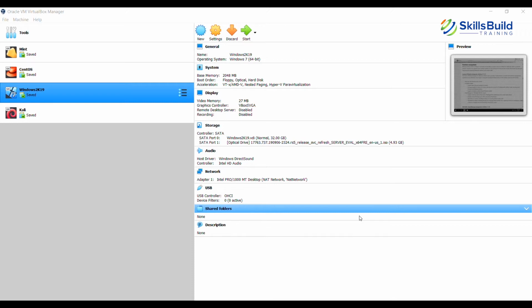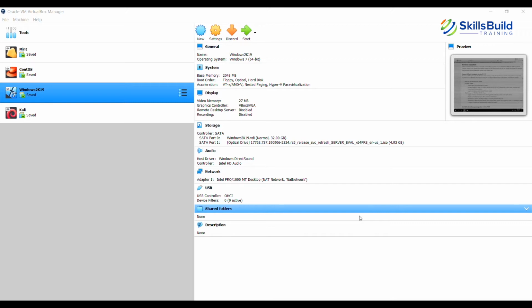Then the next version was Windows Server 2008, launched on February 27th, 2008. Then came Windows Server 2008 Release 2, or R2, released on October 22nd, 2009. From there onwards, it was Windows Server 2012, launched on September 4th, 2012. Then came Release 2 of 2012, in October 2013. Then finally came Windows Server 2016, launched on October 12, 2016.